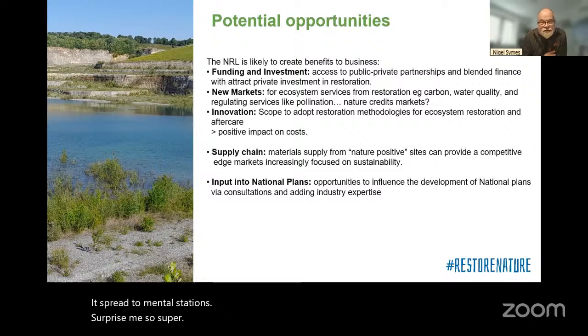We as BirdLife have done some studies into ecosystem service values and looked at these derived from the quarry sector. I'm thinking of two examples, one of which is in the Netherlands, involving flood mitigation. When adding the value from the point of view of well-being and ecotourism, it's generating somewhere between, I just need to find my notes. Yes, €15,000 a hectare a year in ecosystem service value. Now, for me, that is something that businesses could well do with considering how they monetize some of that, how they engage with the beneficiaries of those markets,